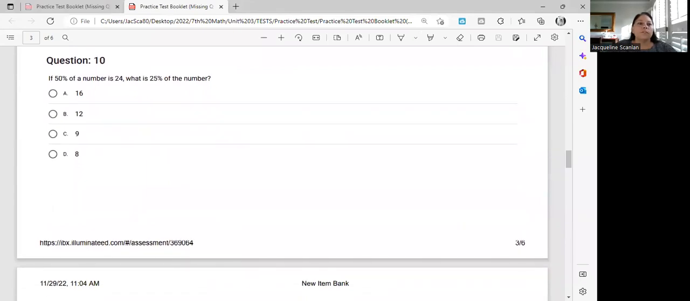Okay, question number 10 says 50% of a number is 24. What is 25% of the number? So this one's a little bit tricky. It gives us a lot of information. There are multiple ways you can solve this problem, but again, I'm going to go back to the one formula that I suggested you use, which is part over whole